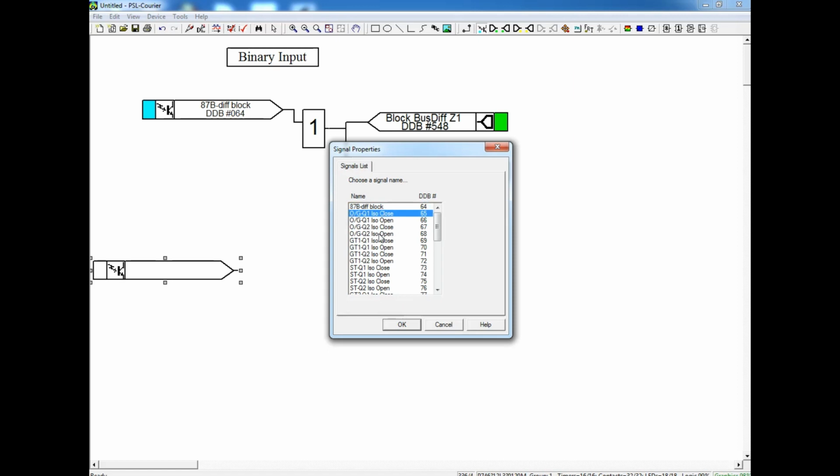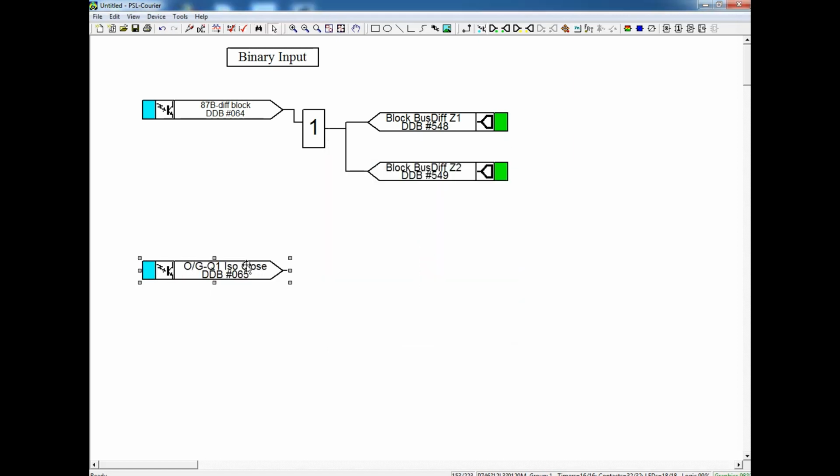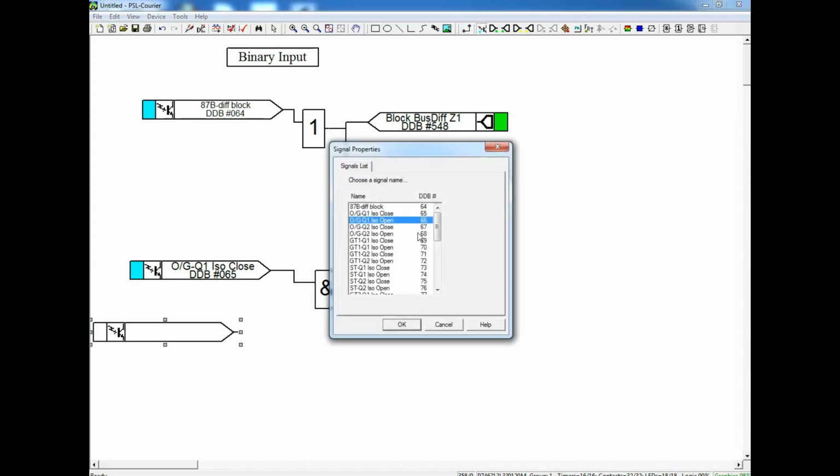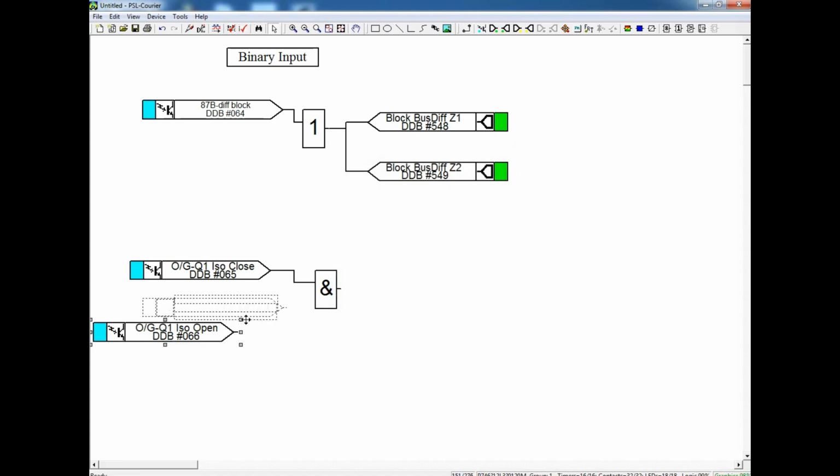Now I am going for binary input 2, that is isolator close status. This close status we have to give to the output signal. The output signal, that is, we can see this isolator contact for output signal. It was named as Q1, Q2, Q3, Q4 like this. Q1 is for first terminal, Q2 is for second terminal, but our first terminal is bus coupler, second terminal is outgoing, but for binary input initially we start from outgoing, so we have to connect it to Q2.